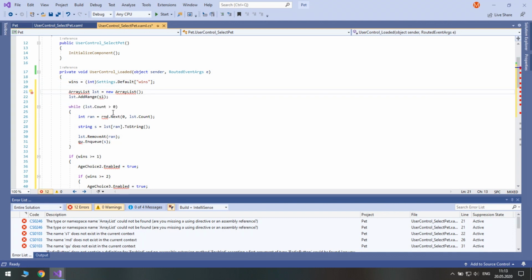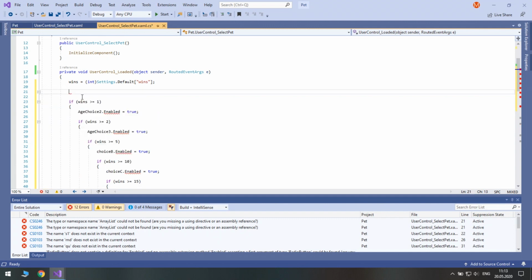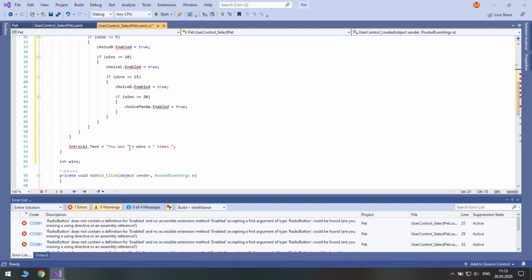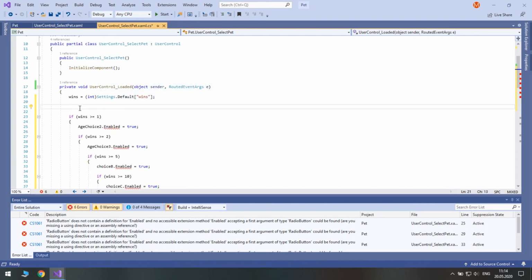Daily messages are not used during pet selection, so let's remove the array list and the while loop. Now let's move the line where we assign the number of wins to the text of a control.